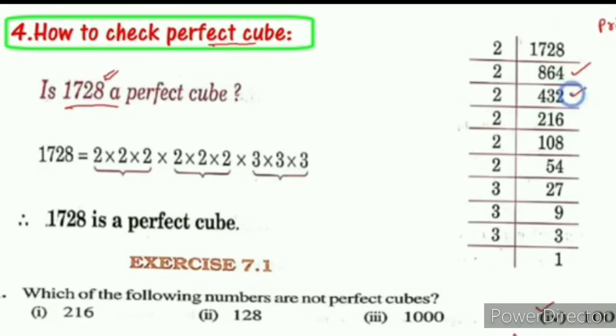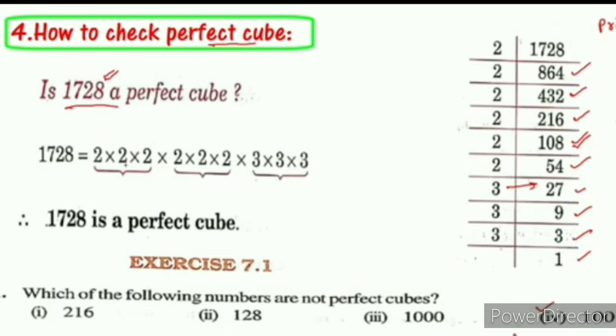Yeah, if you find prime factors, first 2 in 1728 gives 864, next 432, 216, 2 in 432 gives 216, 2 in 216 gives 108. By mistake, you will write 18. It is wrong. Once again, I am reminding you, 2 one time. Next, if you select 1, that is not divisible by 2. So, we should put 0 and take 2 digits, so 108. Similarly, you continue till you get 1 as the quotient.